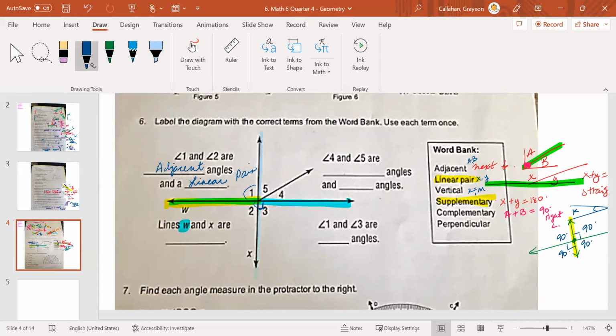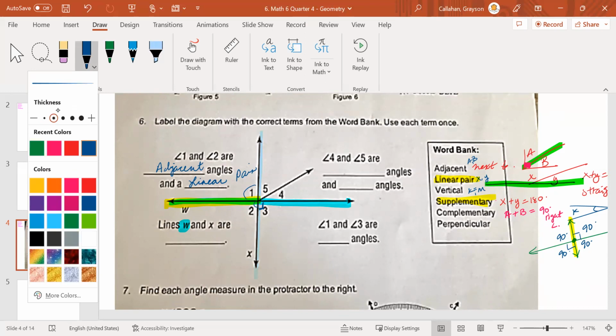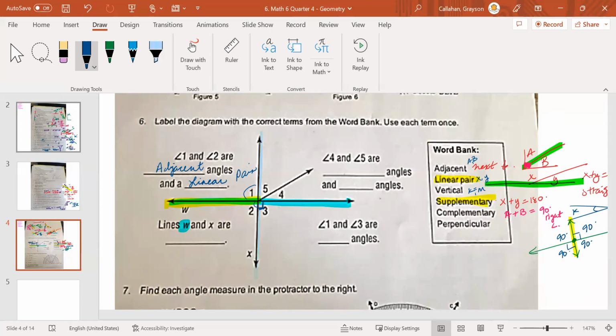Again, you cannot assume that it is 90 degrees because it doesn't say that, but I'm assuming we're going to have to assume that it is. So lines X and W are perpendicular. If they're perpendicular, then you can assume that there is a 90-degree in angle 3, angle 1, angle 2,